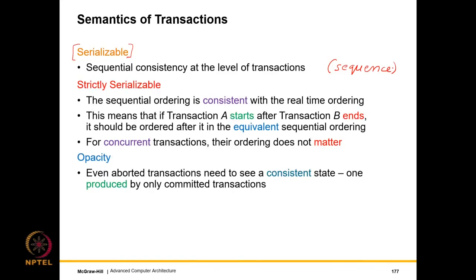We have strictly serializable. If you would recall, in sequential consistency, we do not really care about any real-time ordering. Let me give you an example. Let's say that we set x equal to 1 in thread 1 and we set x equal to 2 in thread 2. Let's say the first write happens and then the second write happens 2 days later.